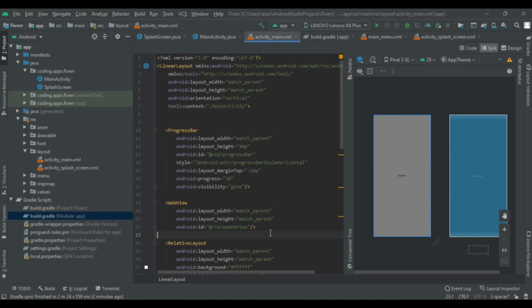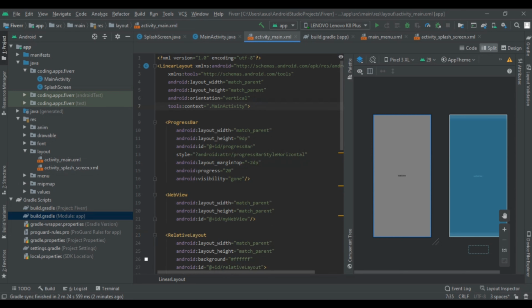In Android Studio for free. In this Android tutorial, we are going to learn how to add a refresh layout to our Android app. So when the user refreshes or swipes from the top, the website will get refreshed. In this playlist, we are learning how to convert any website into a professional Android app. So let's get started with today's part 8.